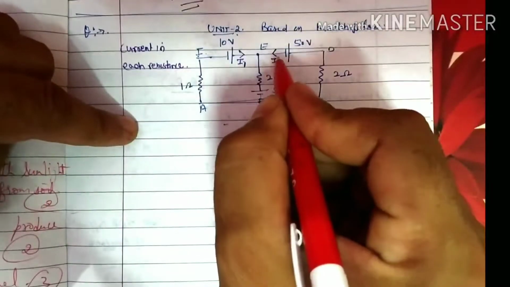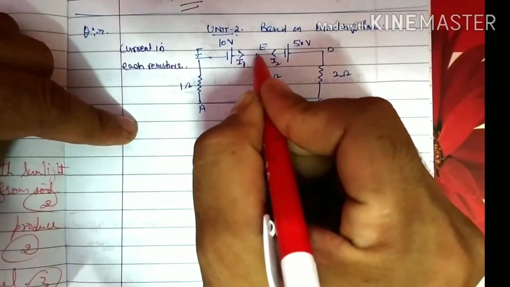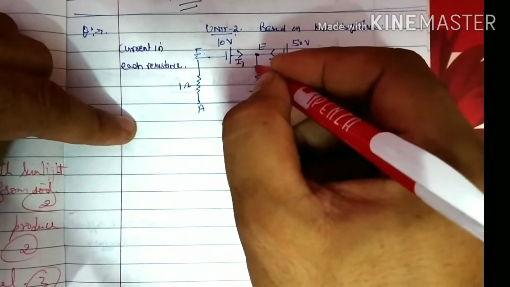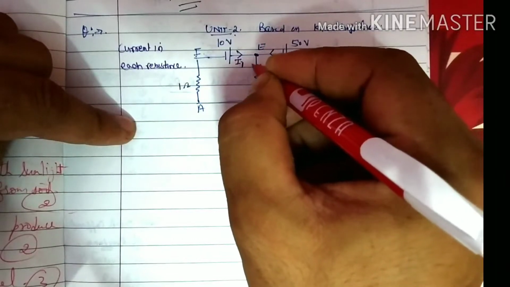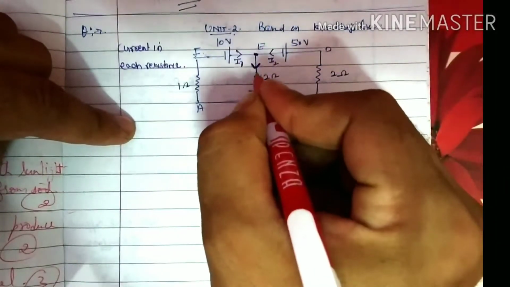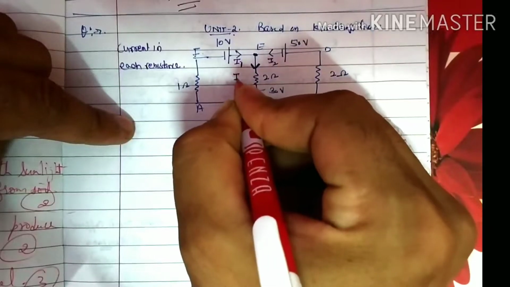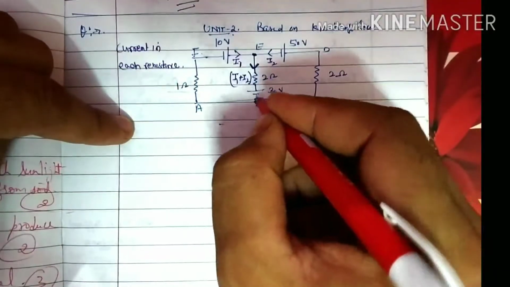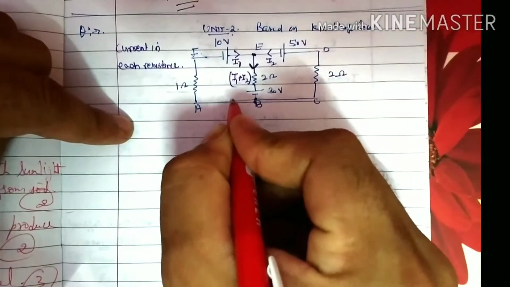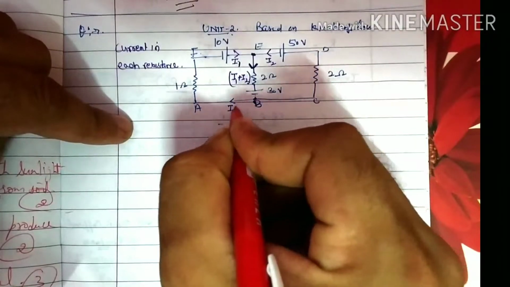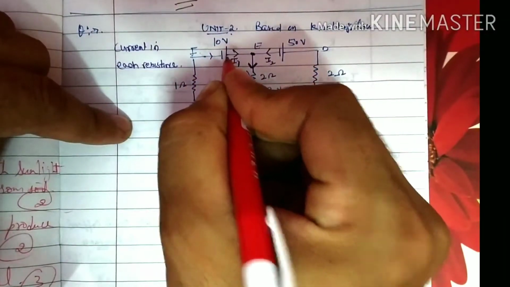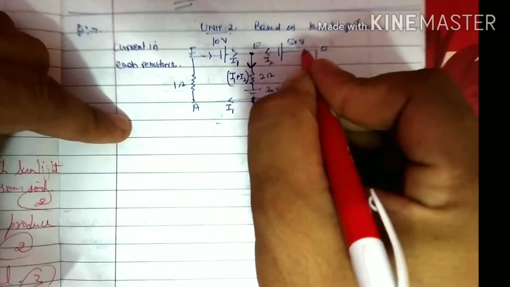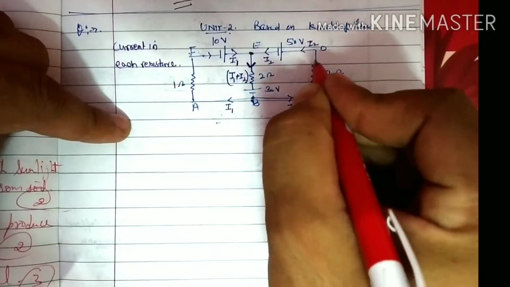So let I1 and I2 be the direction of the current, and this is the junction where both the currents meet, and then through this junction the current will leave. The current will leave this junction and pass through this resistance, that is equal to I1 plus I2. Then this will flow up to point B. Then I1 will move toward this side and enter this 10 volt cell, and I2 will move this side and enter this cell. Okay, this is now clear, I think.